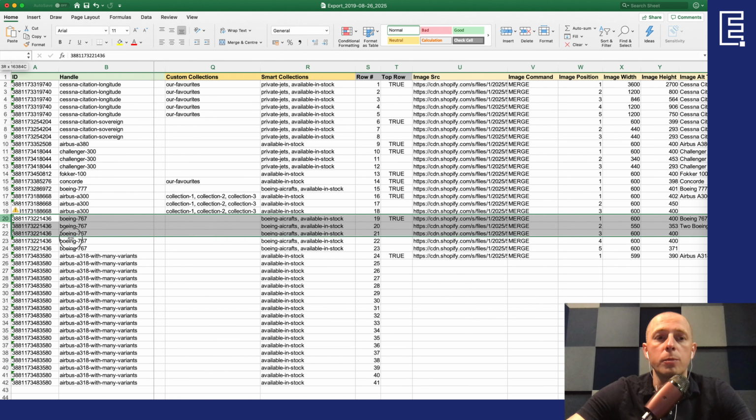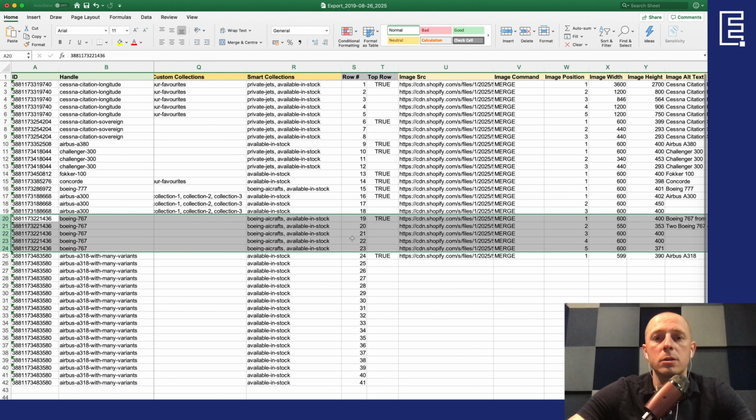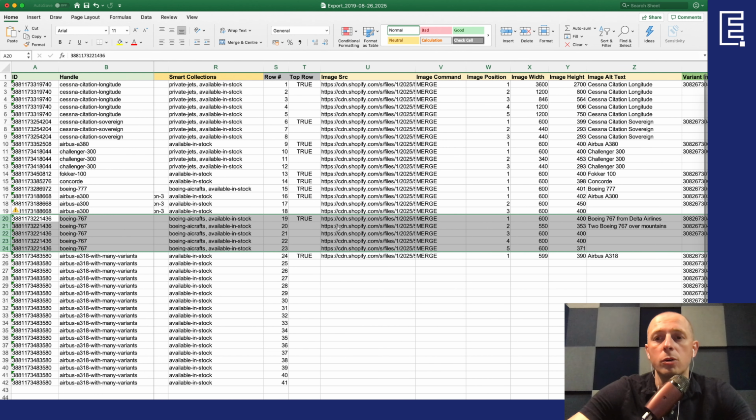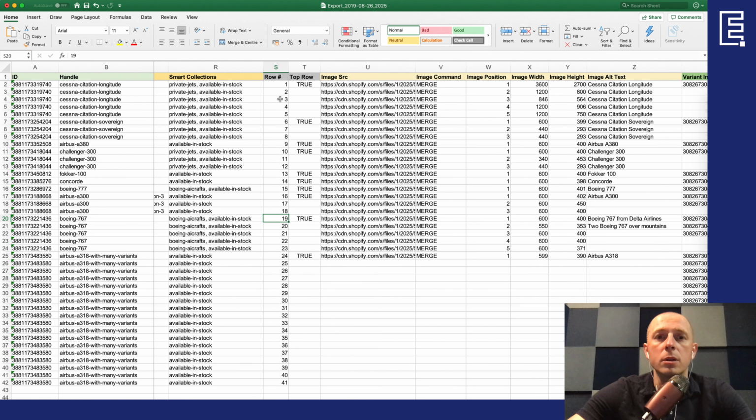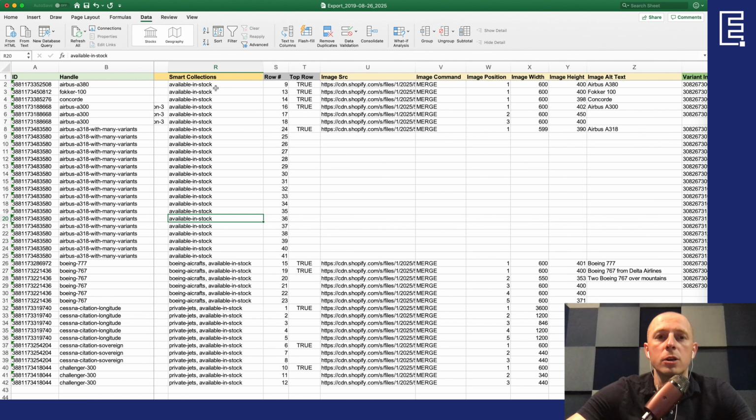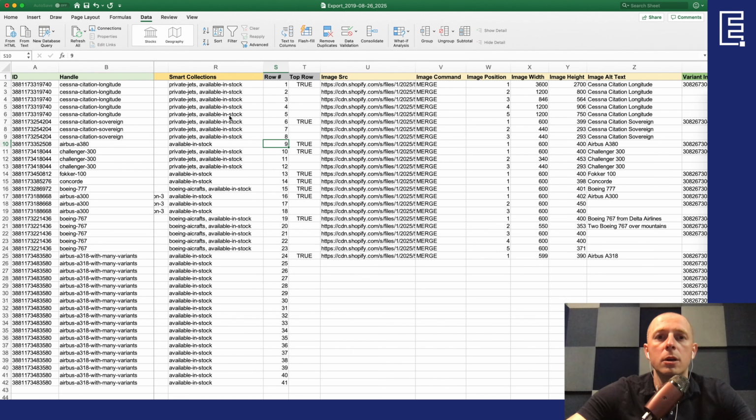And if, for example, the product handle and ID repeats across several rows, by this you know that it's one product, just taking up several rows because of the images or variants. Then you can see the row number, which is essentially the position of each row in this file. For example, if you for some reason change the sorting of your products and then need to import them back, you can easily sort by row number, and you will be guaranteed to have the same